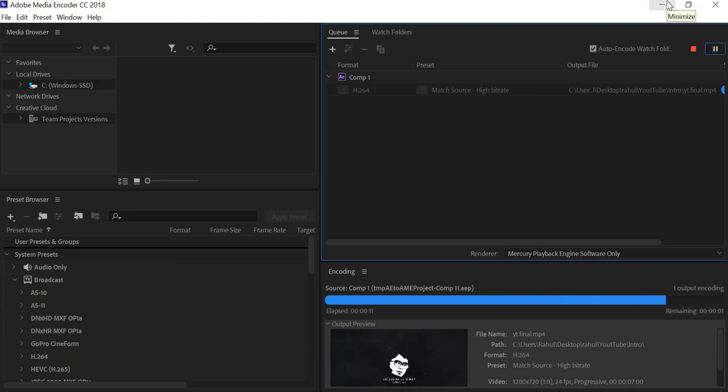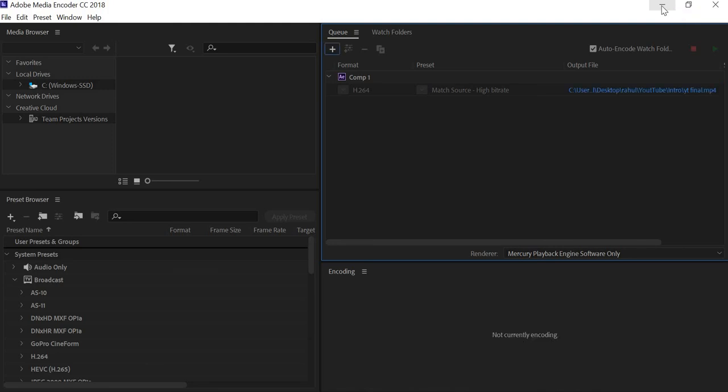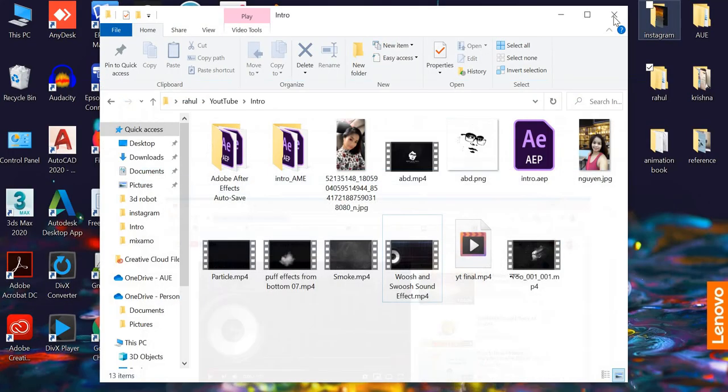Okay, so the particle effects give the feeling of depth, the smoke as well. So even though you're not working in 3D,